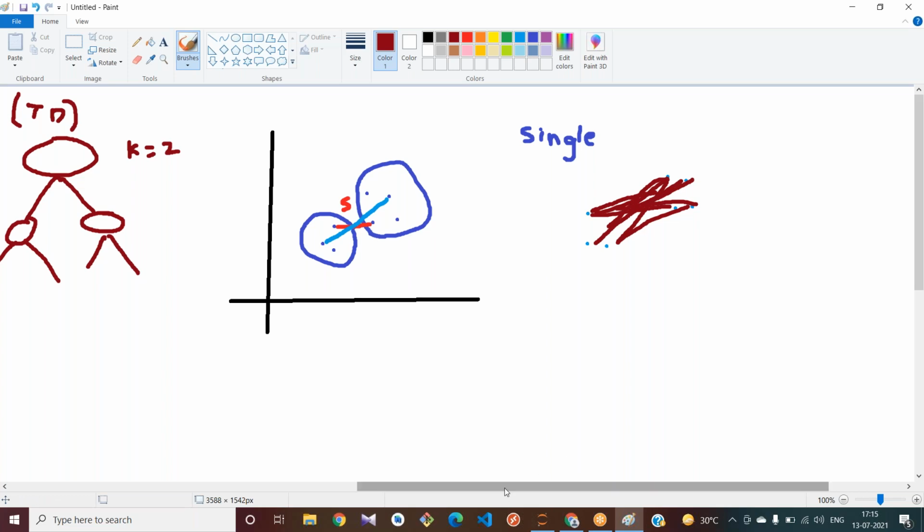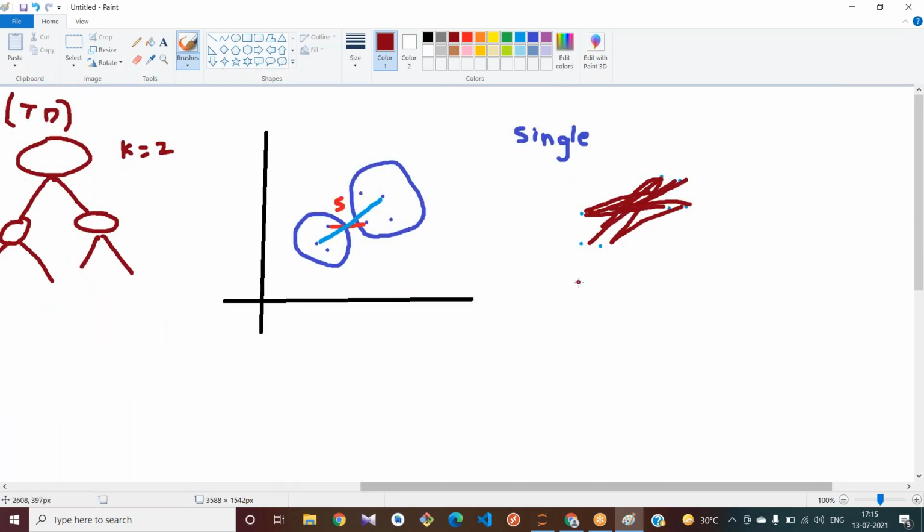This agglomerative method is trying to follow these methods, the linkage methods. How many linkages do we have? It is single linkage, complete linkage, and average linkage. In a single linkage, it tries to calculate the distance between the closest members of the clusters. And in the complete linkage, what does it try to do?